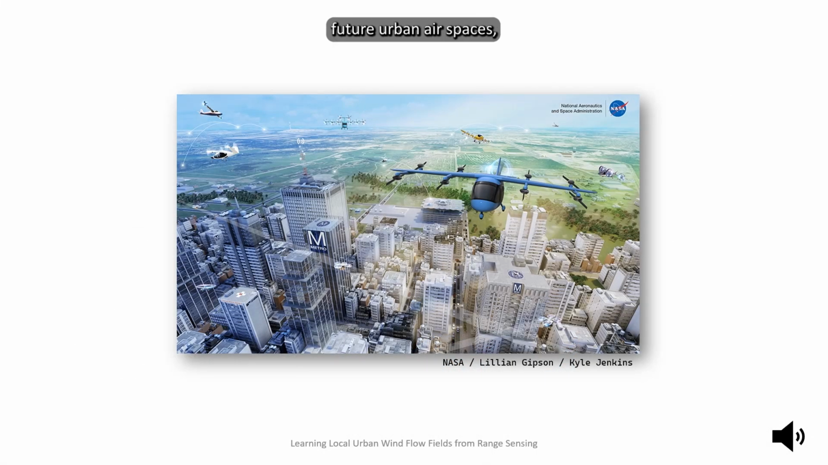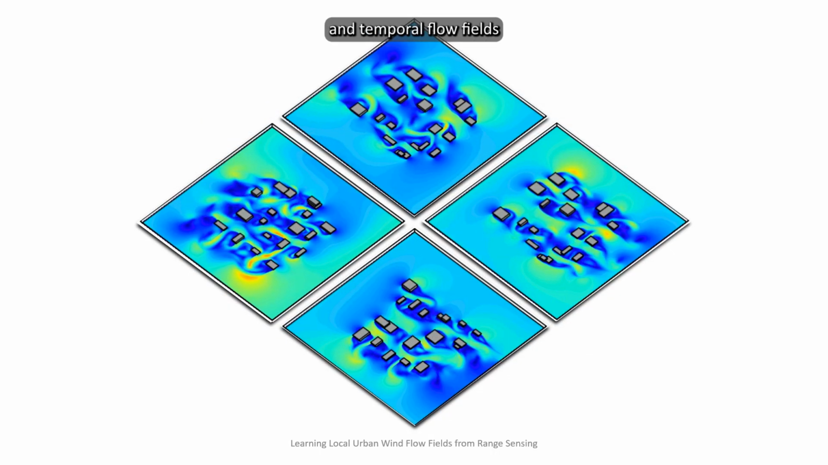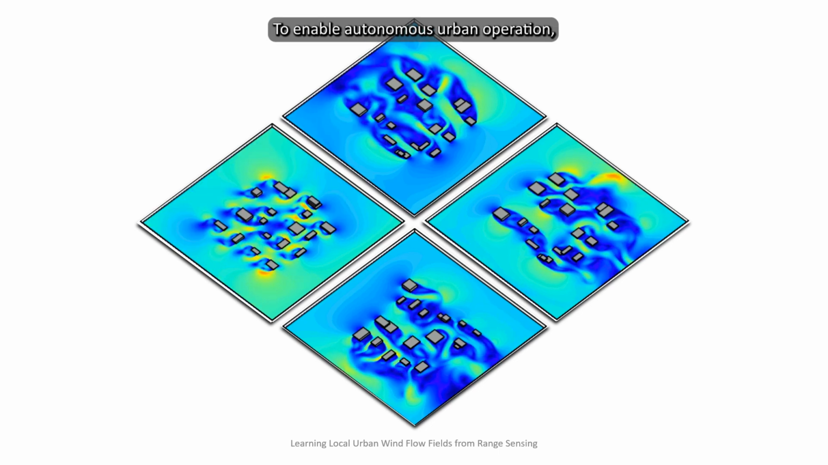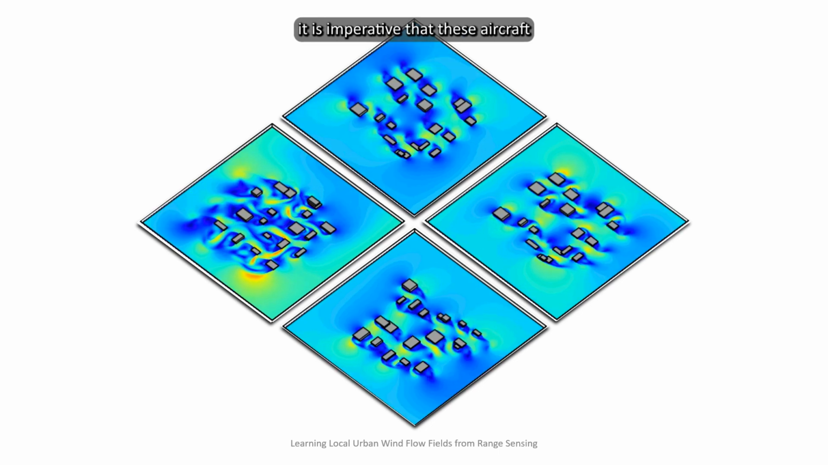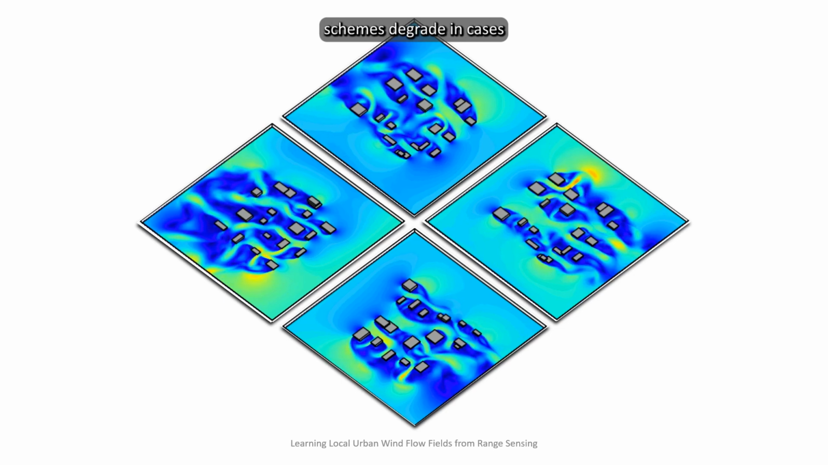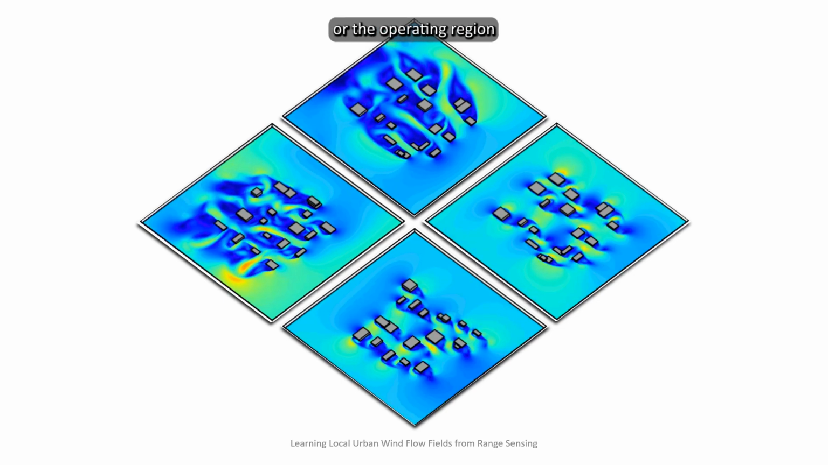This work concerns future urban airspaces, which will be home to numerous autonomous air taxis, package delivery drones, and more. Urban winds are unique spatial and temporal flow fields that present a clear and present danger to urban flight operations. To enable autonomous urban operation, it is imperative that these aircraft are aware of these wind patterns, but existing estimation schemes degrade in cases where a map is outdated, the location of the robot is unknown, or the operating region